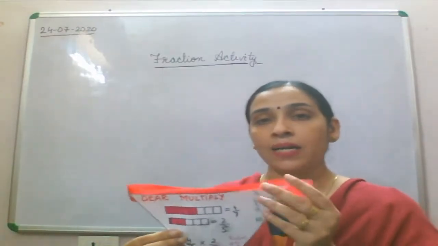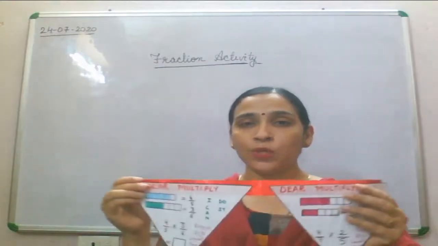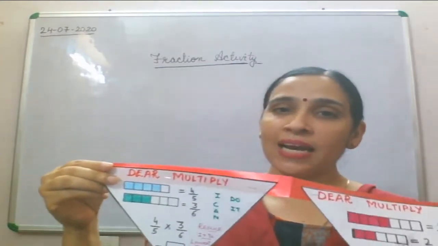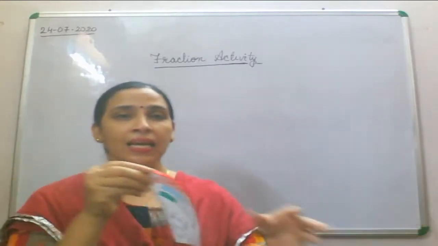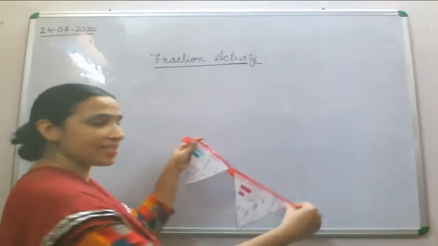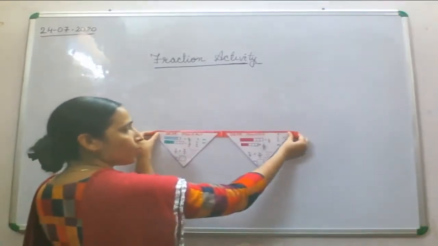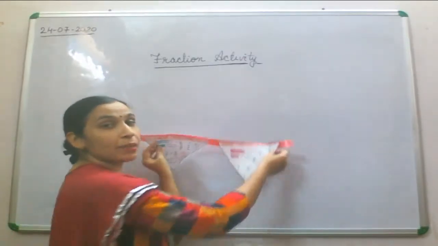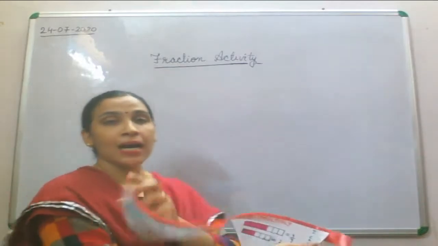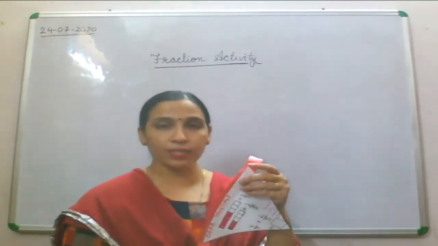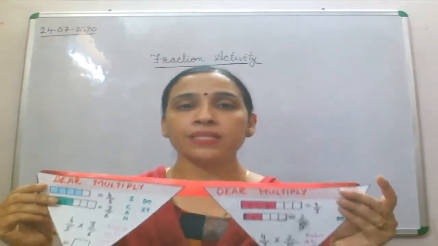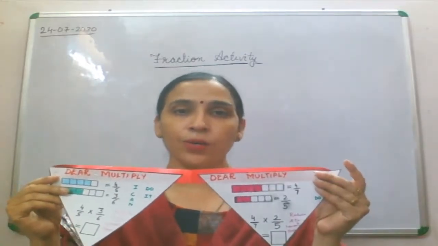And beta, now what you will do? You will paste this activity in your notebook. It looks very nice. See, like this you are going to paste it in your notebook. Fine. You can take two triangles. You can take more than two triangles also. And in this way you will paste it on a ribbon or on a colorful paper, and then you will paste it in your notebook.